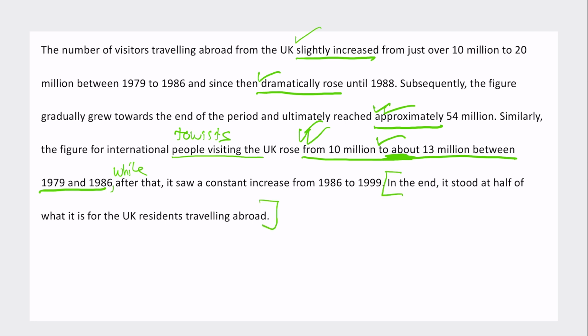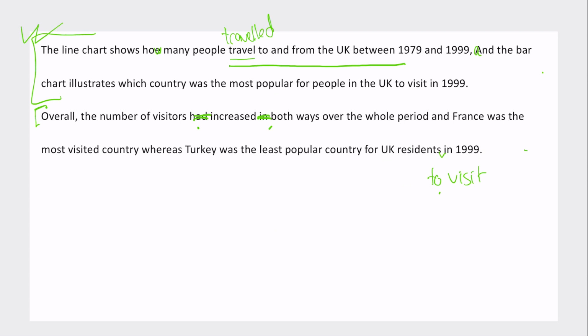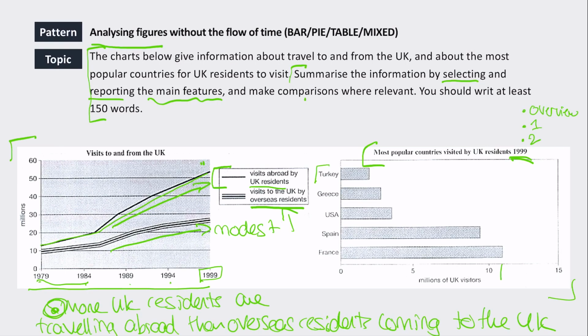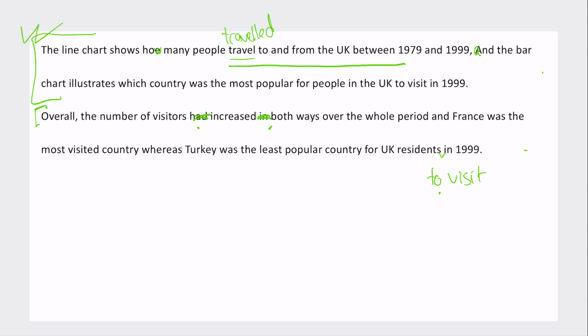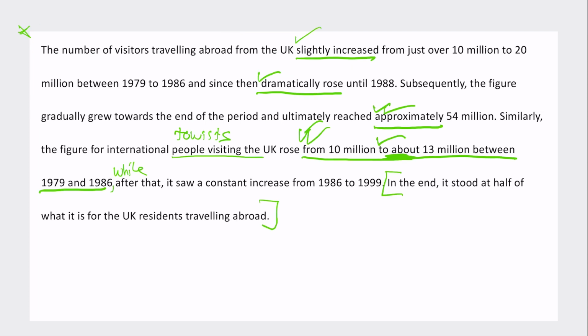I would have liked to have had another sort of more general sentence at the start before you get into the specific numbers. So again, what I said here about the overall, more British people are travelling abroad than are people coming to the UK. And then you support that by going into more detail. But overall, I think this is a really good summary paragraph. You've got the correct numbers in here. You're using lots of different vocabulary. Very natural sounding, only sort of one grammar point, and I would have just liked to see perhaps one extra